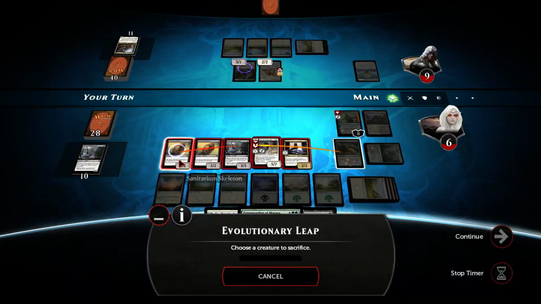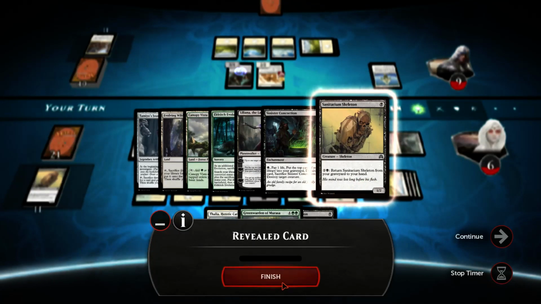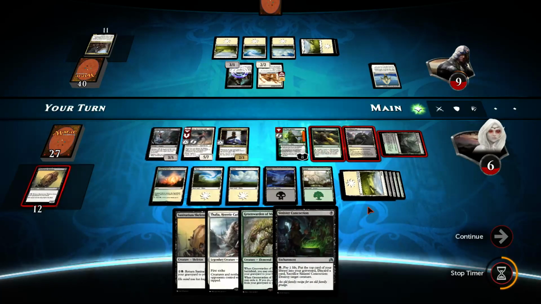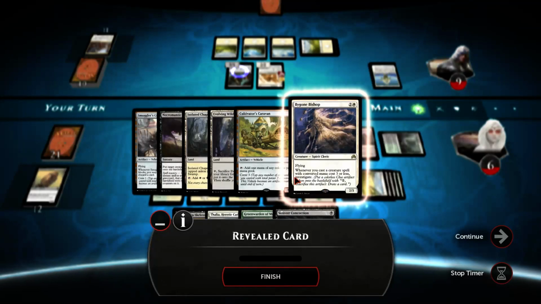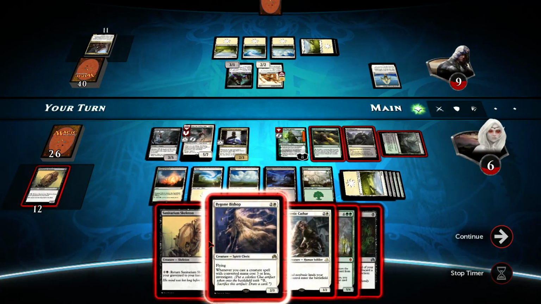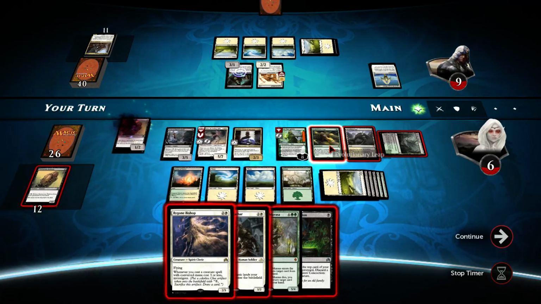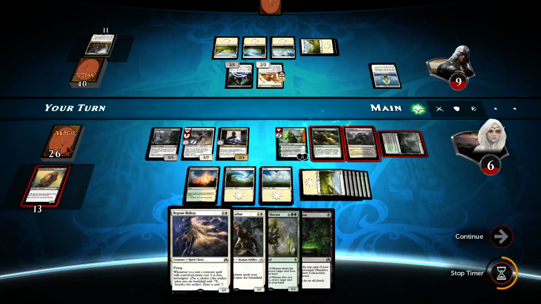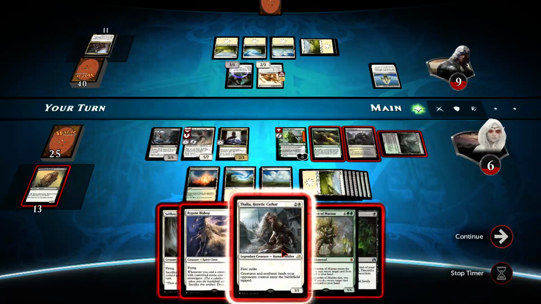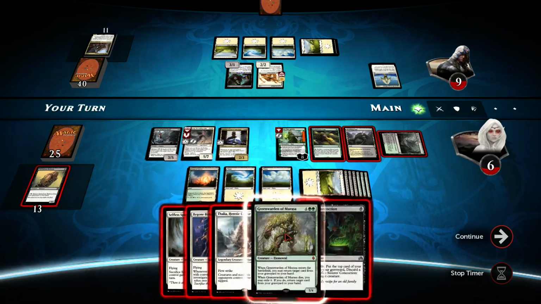Can you give me a nice angel? No, it's a skeleton. Alright, let's try again. Angels. So now last try to find Gisela. Come on, out of 26 cards. That's not it. Alright, I can play 2 selfless spirits. No, I mean